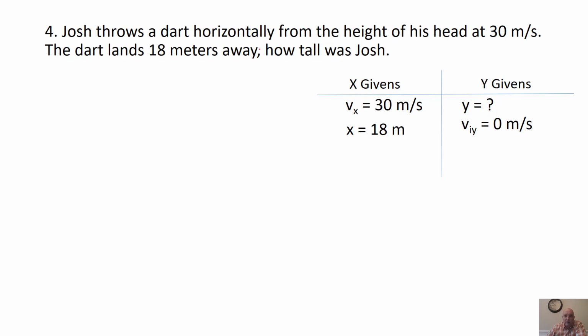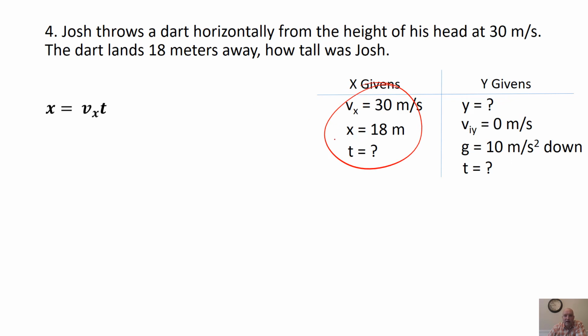We're going to start just horizontally. So there's your 0 meters per second. It's going to be in free fall. So there's your acceleration due to gravity. Now we're solving for time. And if you take a look, we have enough information to start with our x-axis. So we're going to start with the x-axis here, and we're going to start plugging in our